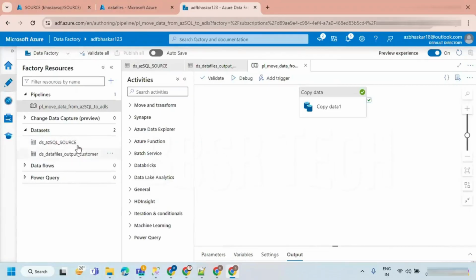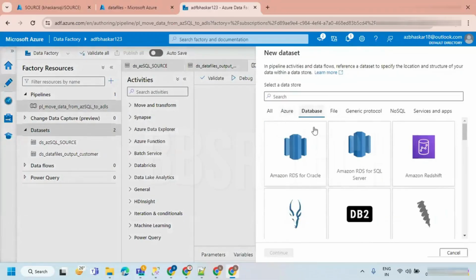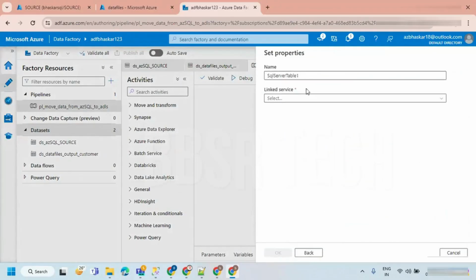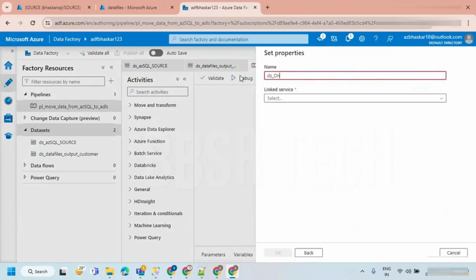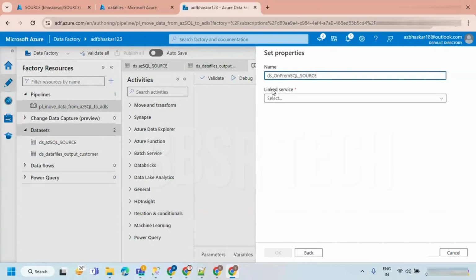I'm going to create a new data set here. Since it is a new database, a different platform, I'm just going to take SQL Server to create the data set. For the entire database, one data set I'm creating, that is ds underscore on-prem SQL underscore source.